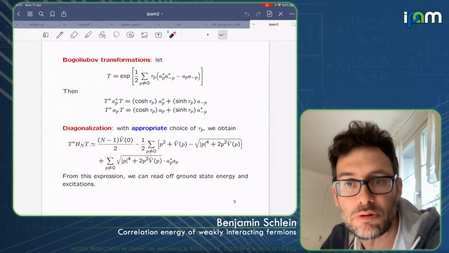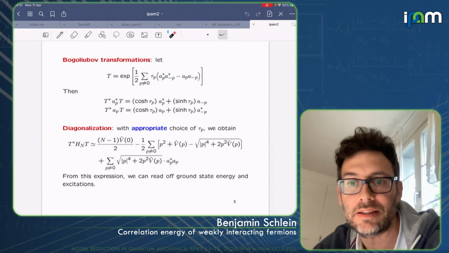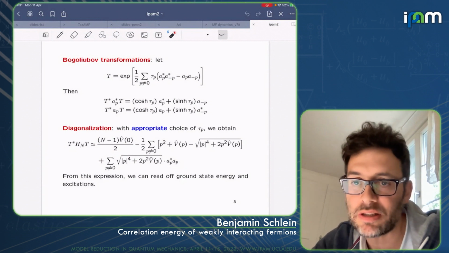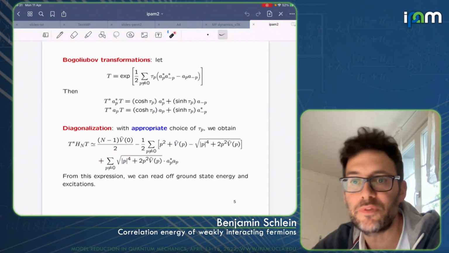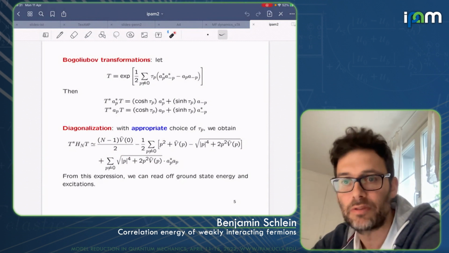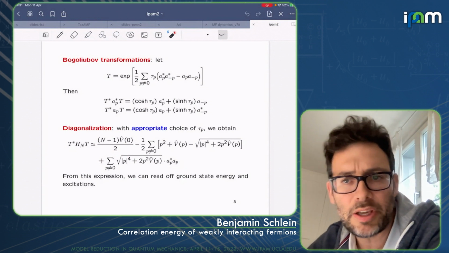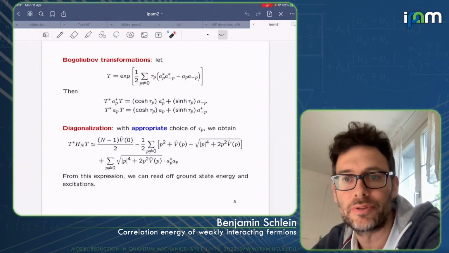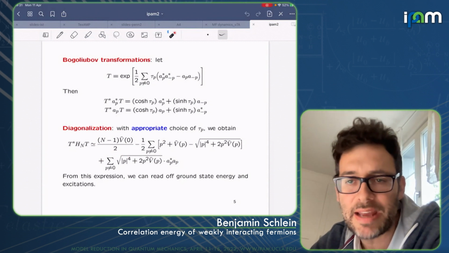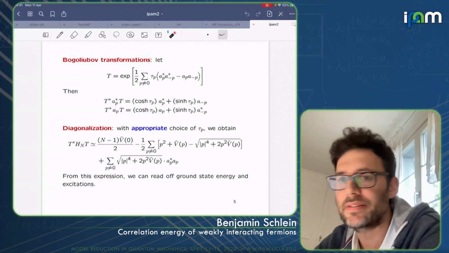Of course, up to errors which arise from all these terms that we neglected to get to this quadratic operator. But this is how Bogoliubov theory works, and for this simple mean field case, it works very well. So what I did is just a heuristic discussion, but you can do it precisely. The first one who did it was Robert Seiringer, I think in 2011.